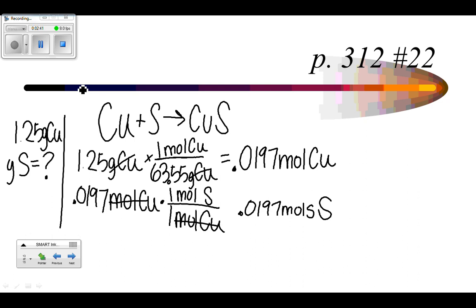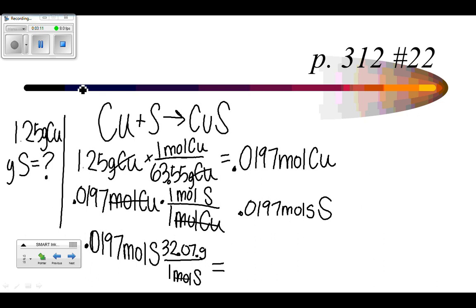So then you take that, and you put it in the next line. And you convert that to grams by putting the molar mass on the top this time, and then your moles on the bottom so they cancel out. And it's 32.07 grams. Okay, and then when you calculate that, you'll get the grams that you need after that cancels. And then you get,